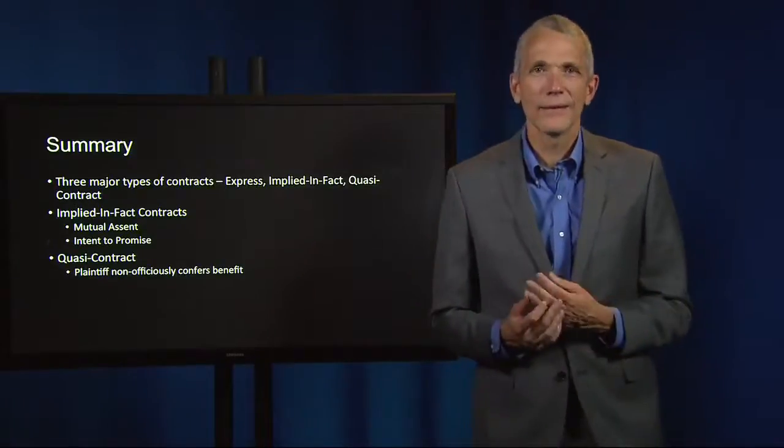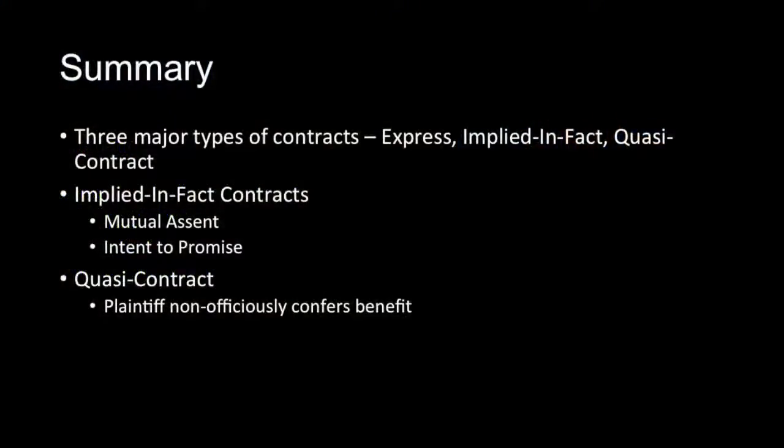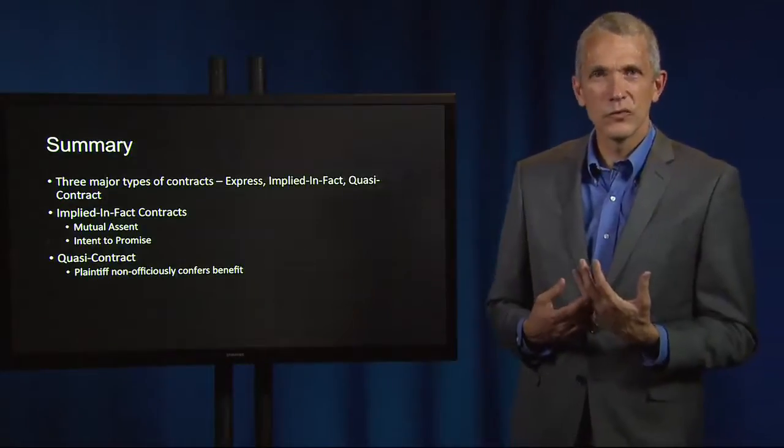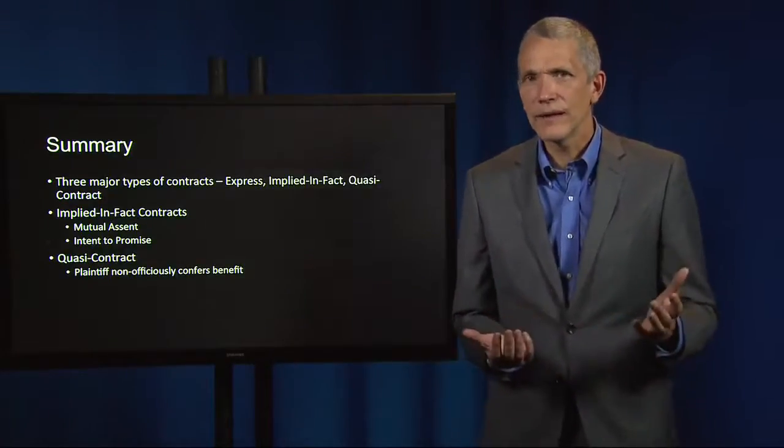Today, we have examined a case that introduced us to the difference between three major types of contracts: explicit contracts, which are formed by express agreement; implied in fact contracts, which are formed by inference of the party's conduct; and finally, quasi-contracts, where there is no mutual assent and exchange of promises, but a benefit is conferred by one party on another party, and that receiving party is liable as a matter of law to pay for that benefit. And we've also learned that implied in fact contracts require mutual agreement and intent to promise. Quasi-contracts do not require